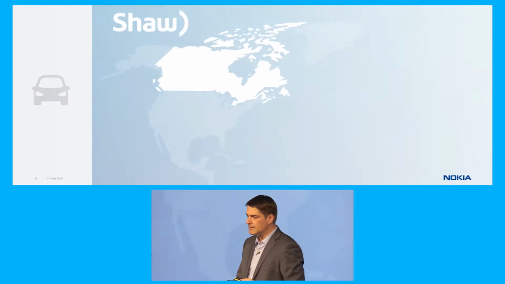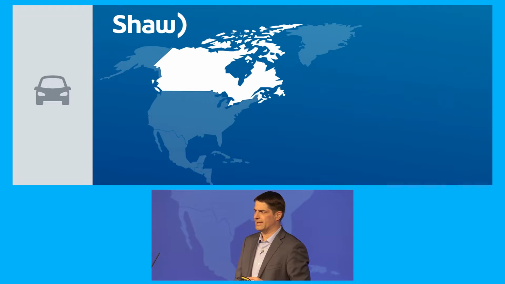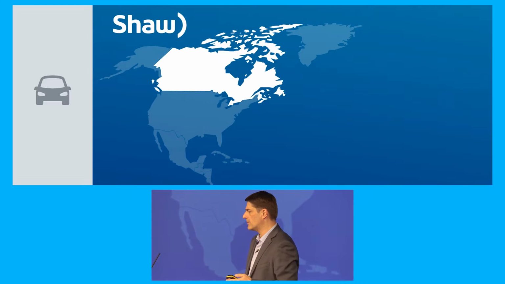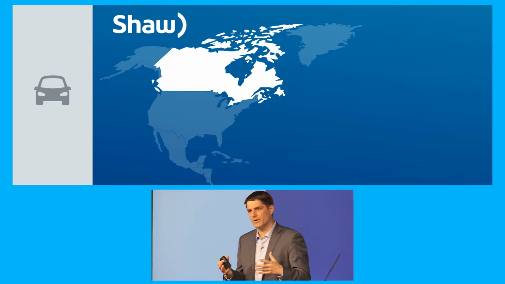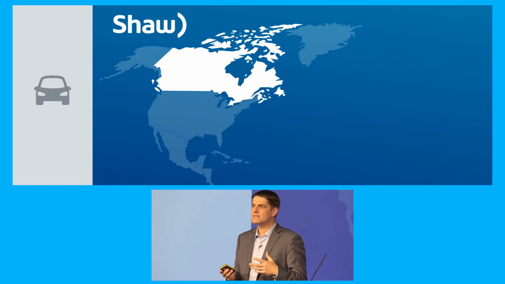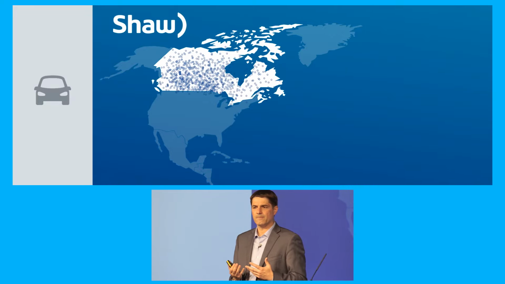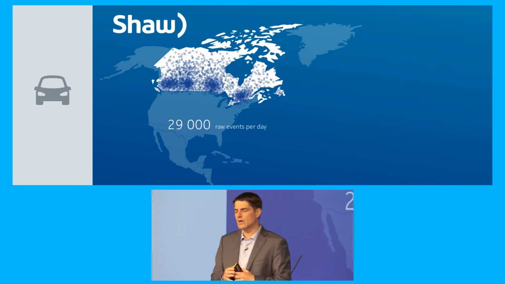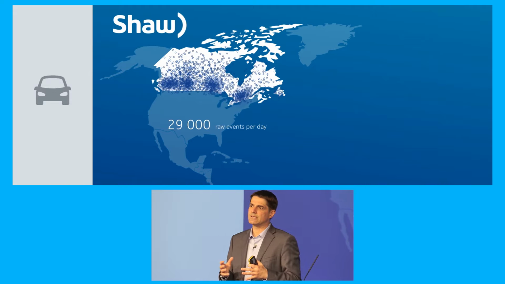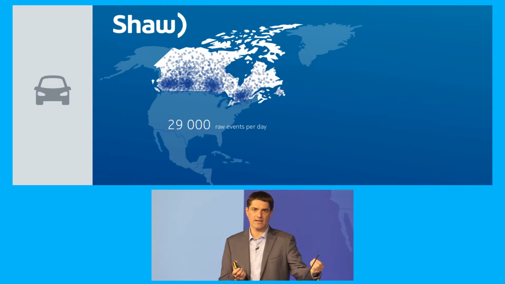This is the example that we have done with Shaw in Canada. It's an operator operating in Canada, and they have a typical problem of a small operations team dealing with tens of thousands of events in the network a day. They really don't know how to handle that scale. Humans cannot process it. So working with them, we used the incident advisor capability in NSP, which is a machine learning based application that helps you triage, understand events in a network, and arrive at the action and resolution quickly. That's the whole idea.